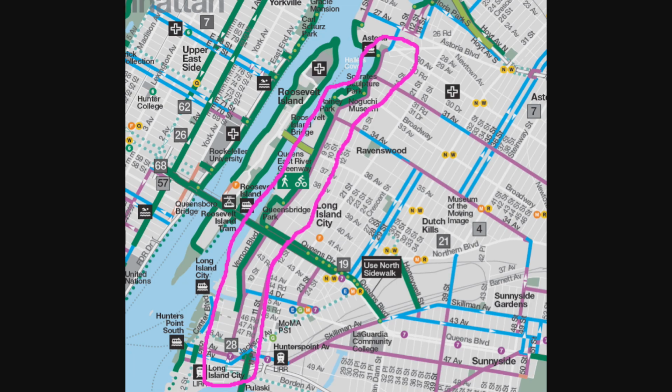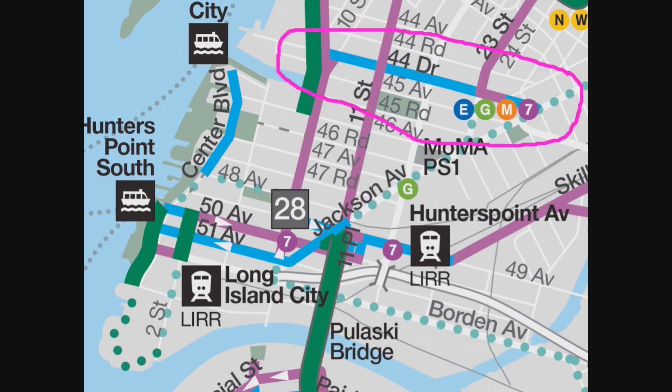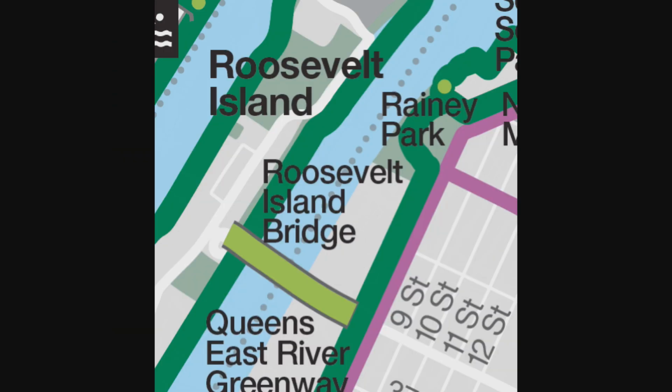The Vernon Boulevard bike lane is a 2.5-mile path in Queens from 51st Avenue in Long Island City to Main Avenue in Astoria. In Long Island City, it connects with 50th Avenue and 51st Avenue for access to and from Hunters Point South, 49th Avenue for access to the Pulaski Bridge to Greenpoint, Brooklyn, 44th Drive to and from downtown Long Island City, Queensbridge Park and the Queens Plaza Greenway, which enables access to Midtown Manhattan, and on 36th Avenue,